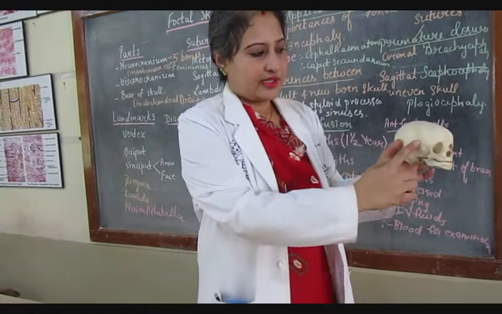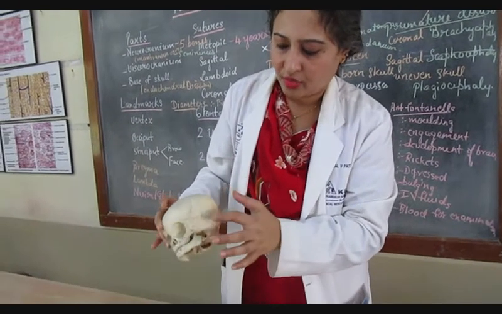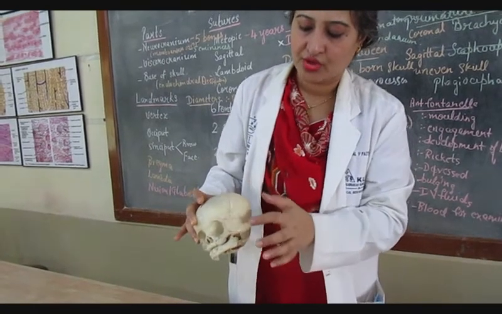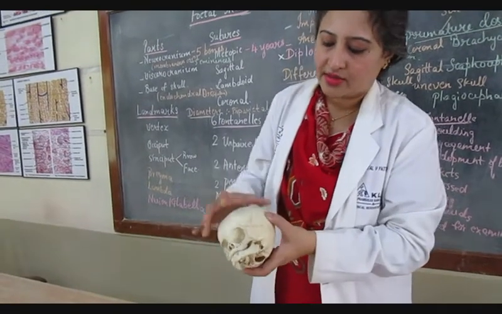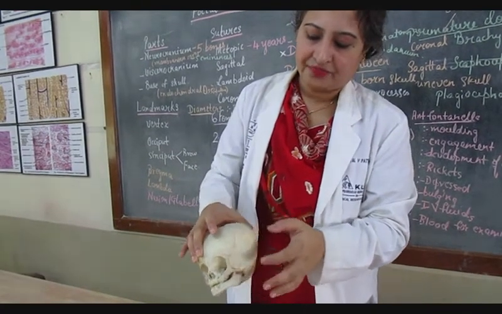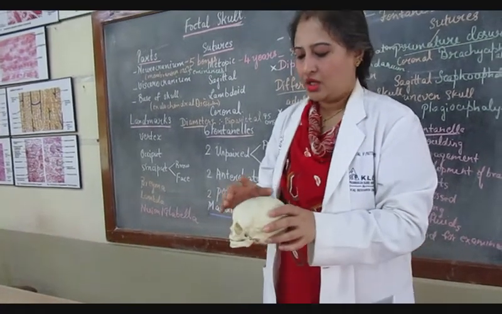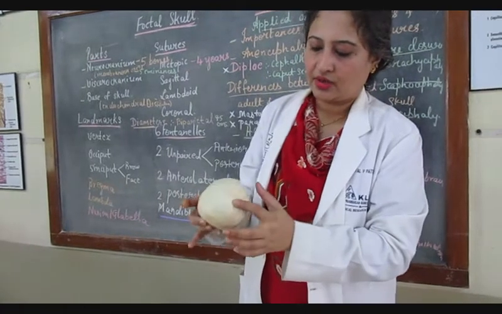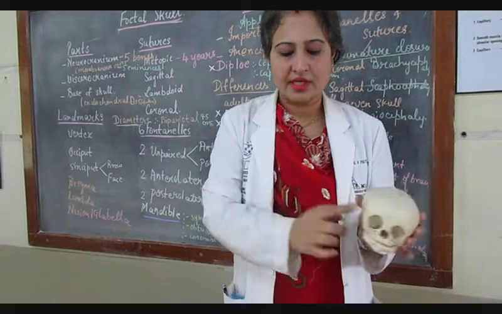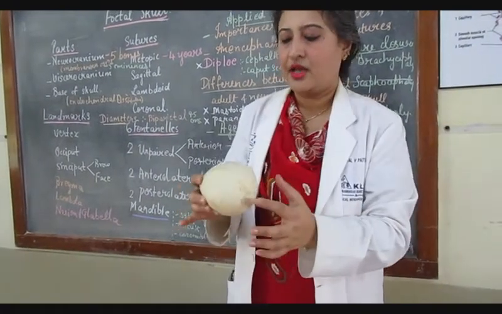So this is called pterion, the area where 4 bones meet: the frontal bone, parietal bone, temporal bone, and greater wing of sphenoid. This is united by an H-shaped suture. This is a very important area because underlying this there is the anterior branch of the middle meningeal artery. So this is a very delicate area, the pterion. So this is the anterior fontanelle, this is the posterior fontanelle, also called the lambda. The pterion is the sphenoidal fontanelle where 4 bones meet, and this area is called asterion.